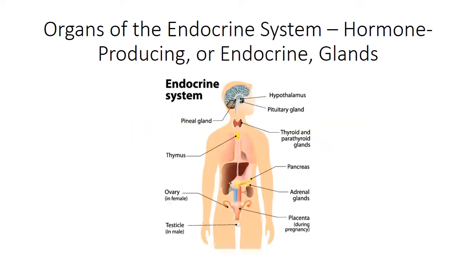What is the endocrine system? It's a system of hormone-producing or endocrine glands. All systems consist of organs, so an organ of the organ system, which we call endocrine system, is an endocrine gland. And on this slide you see all these different